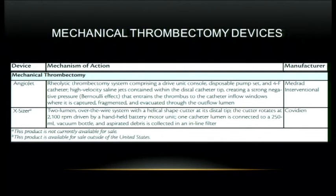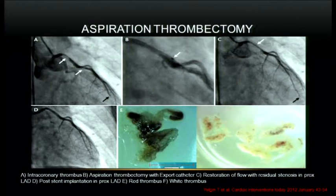Mechanical thrombectomy devices: AngioJet, we all know about AngioJet. It's a rheolytic thrombectomy system. It infuses saline in a high jet which dissolves the clot, and it's suctioned out with the same catheter. This is a case where there is a thrombus in the very proximal LAD